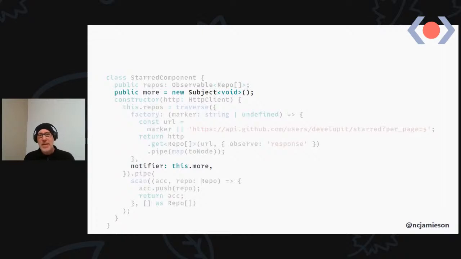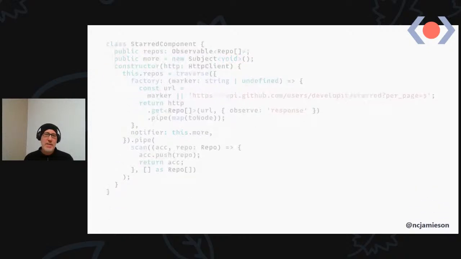and add that information to our list of repos. So in this case, we've used a subject and we've wired that subject up to a button, but we could wire that subject up to a number of different mechanisms. It doesn't have to necessarily be a button. We could base it on the scroll position. If we're scrolling through a list, as we scroll to the bottom, we could have a notifier that notices that you've reached the bottom of the list. It fires the subject, which notifies traverse, and the traverse implementation then gets the next page and adds more to your list. So you could use this implementation to implement an infinite list.